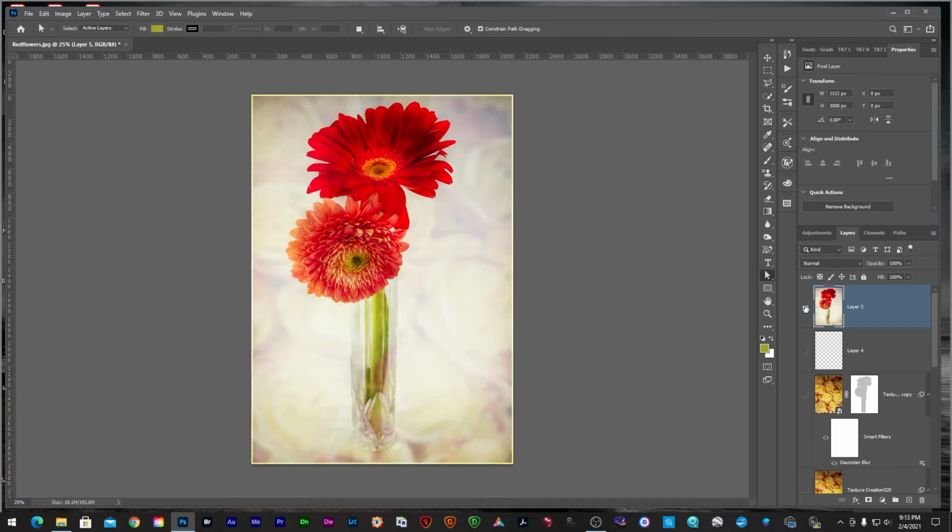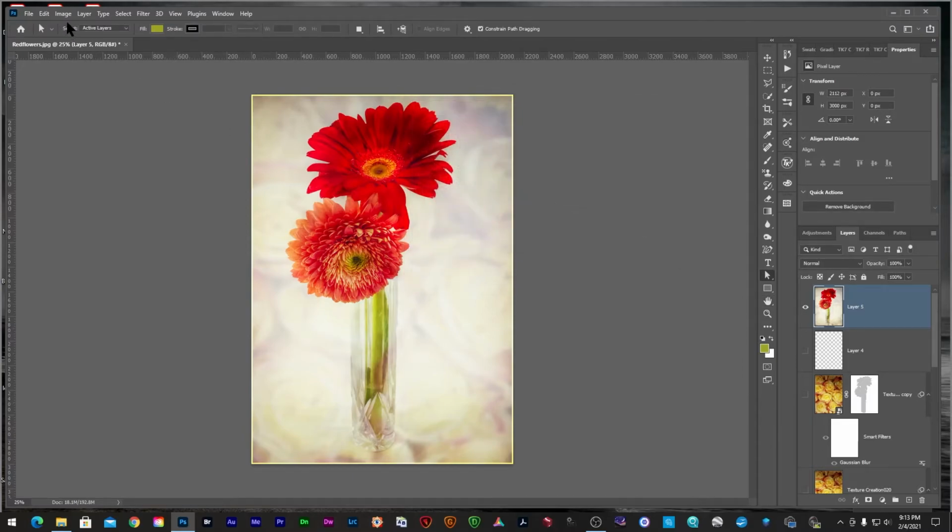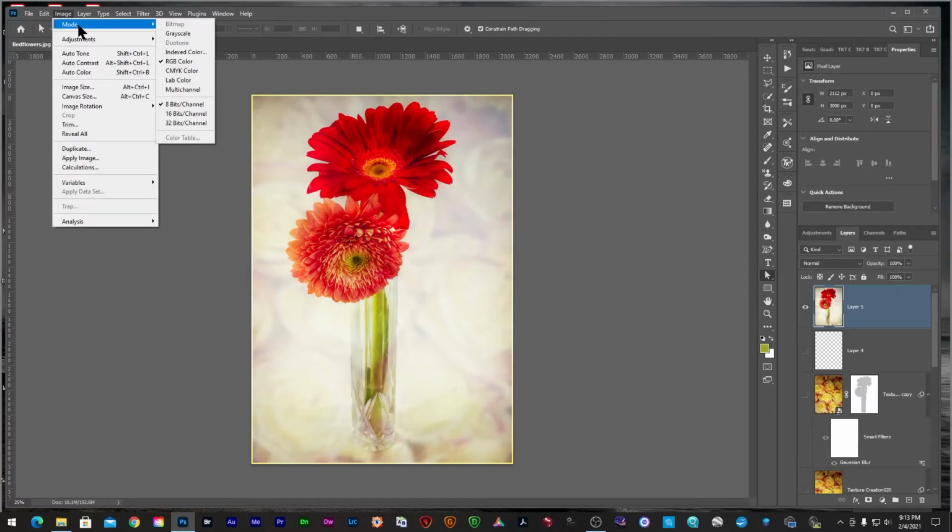And if I'm happy with the way that looks, there won't be any additional changes. I will go check the size. It's still quite large, and the mode is RGB 8-bit,